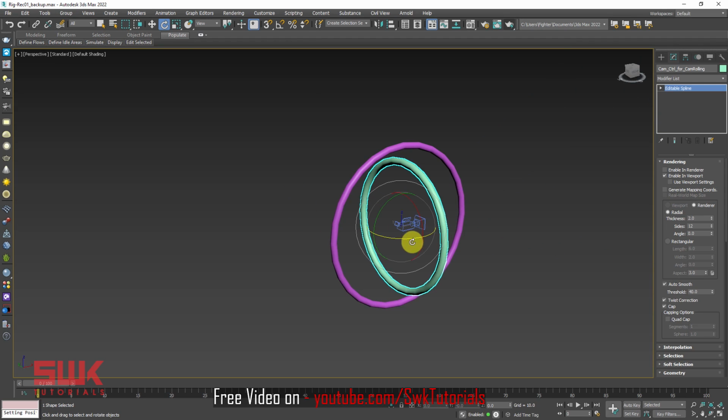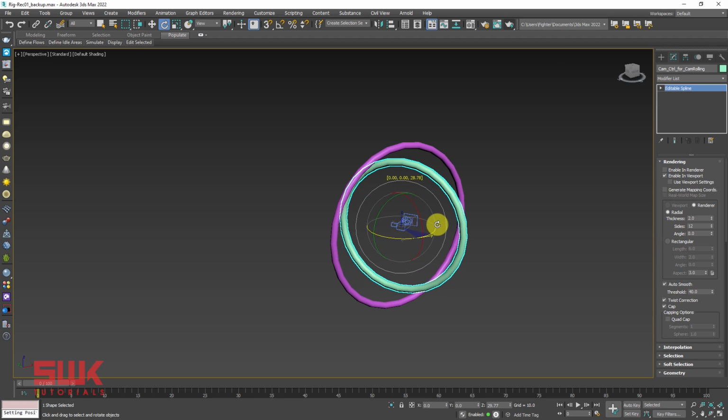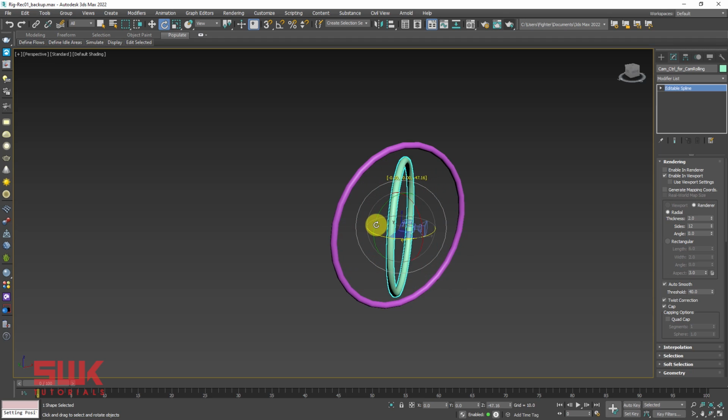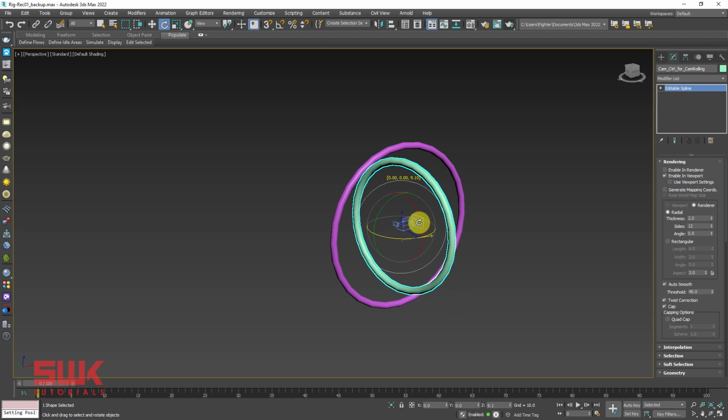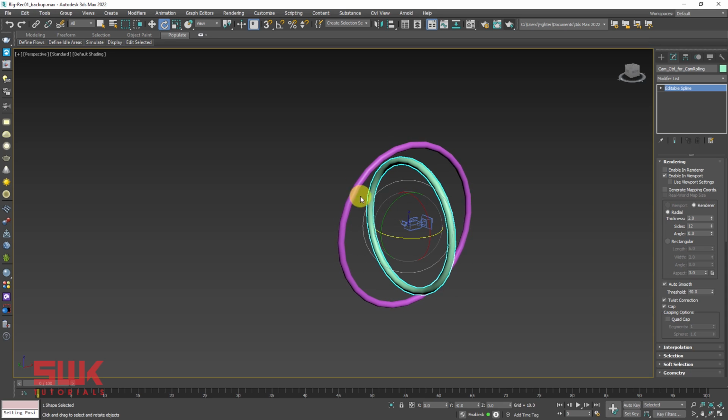Select your rotation, rolling control and rotate it like this. Now you can see that my camera is rotating with my rolling control. So it means that the link is perfect. Just one time undo it so that it is back to its default position. Don't do it 2 times, else it will remove your link.